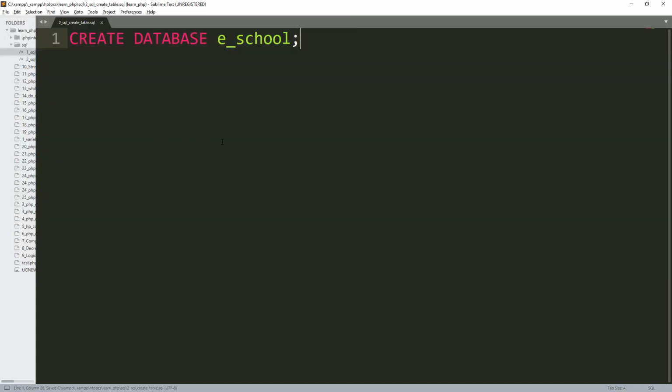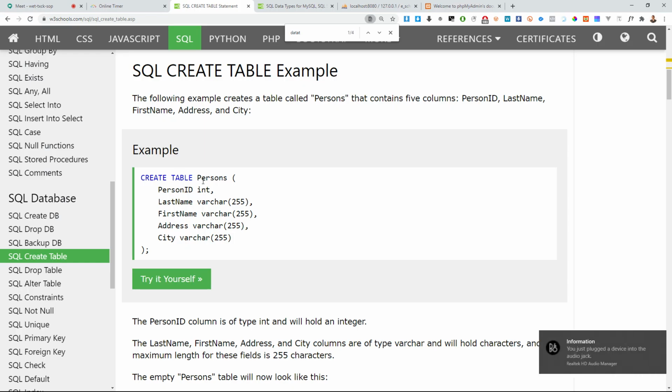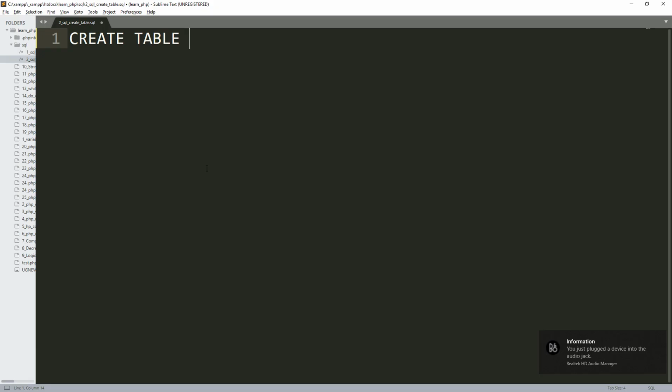So to create a table, you simply say create table. After specifying create table, you give it a table name. The syntax is here. For example, we can say